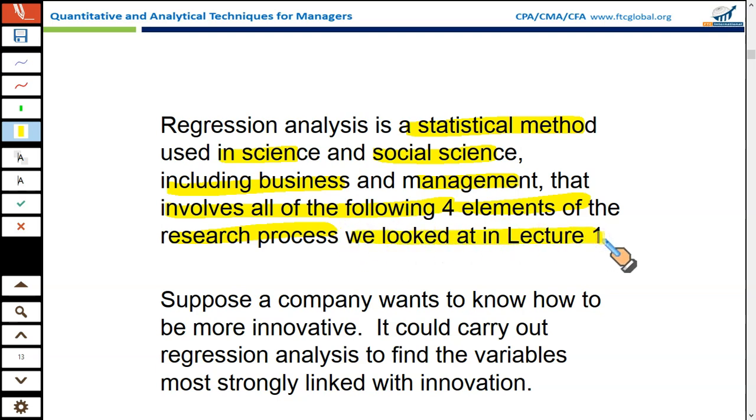Now let's take another situation. Suppose a company wants to know how to be more innovative. It could carry out regression analysis to find out the variables most strongly linked with innovation. So what do you think these variables can be? Yes: research and development spending, employee skills and education, your organizational structure, intellectual property, technological adoption, your market orientation, your company culture, your collaboration and partnership with universities and research institutions, your financial performance, your environmental scanning. There are many factors. So we would like to see which of these factors is strongly linked